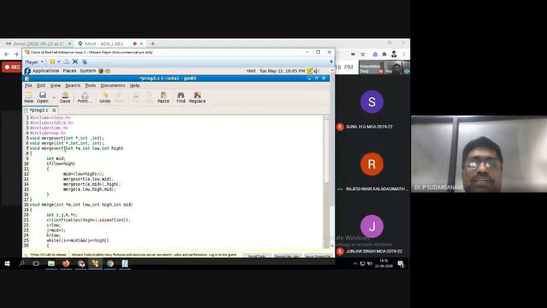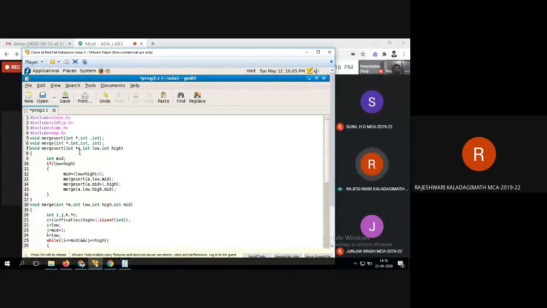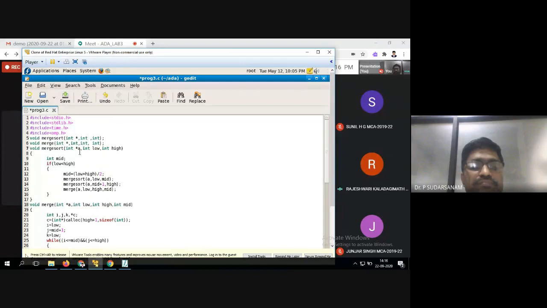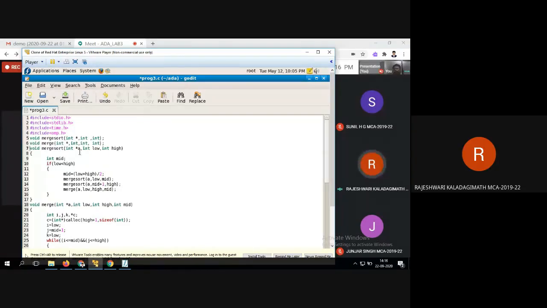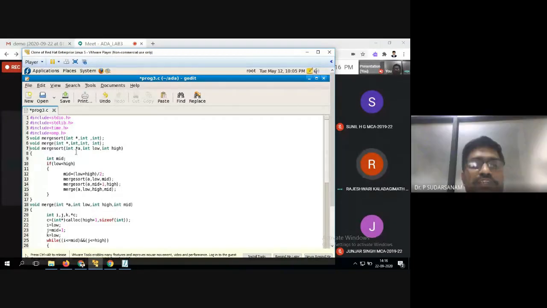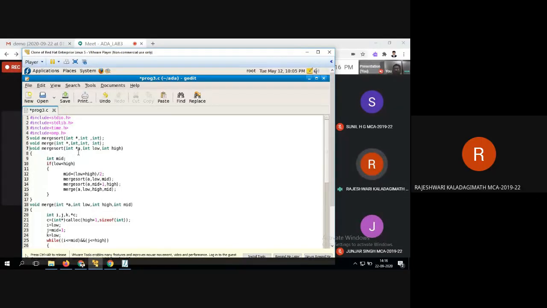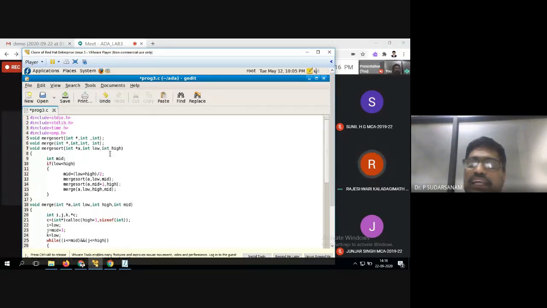Void merge sort, with flower bracket, a comma low comma high. Now here we have to write the data types: int a comma int low comma high. Correct? Okay. Next we have written low is less than or equal to high, I hope.